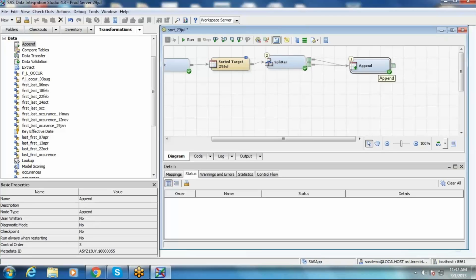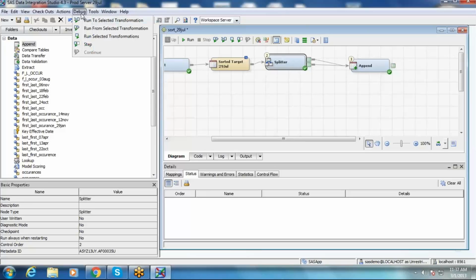No, actually, because we didn't save the splitter output. Correct, exactly. So splitter output is a temporary table. So we need to run from this splitter transformation, right? So go to the debug and then you can use run from selected transformation till the end.